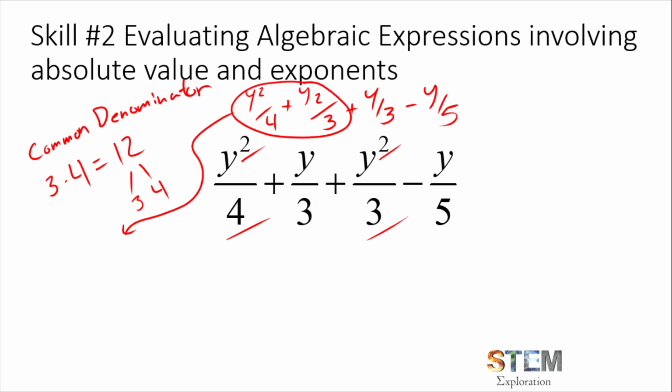Now, I want to make both of these y squared terms have a common denominator of 12, and I know 12 will work because 12 incorporates a factor of 3 and 4, which are the 2 denominators I'm dealing with here. So I'm going to go y squared over 4 plus y squared over 3. I'm just rewriting it. But I'm going to multiply both of these by a fancy form of 1. I'm going to take this common denominator and go 12